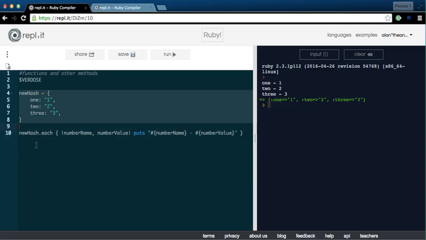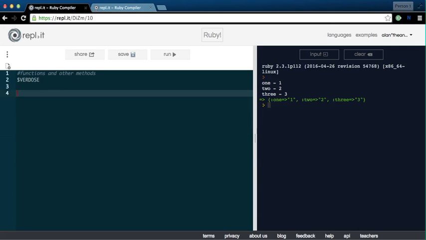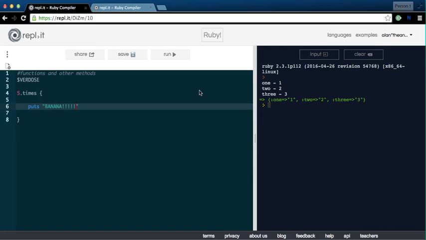Oh, and there's another one. Let's get rid of all of this. It's called dot times. The first thing you type is how many times you actually want to do it. So let's do 5. That's my favorite number. Dot times. Then, curly brackets. Puts banana. Let's see what this does. It prints banana 5